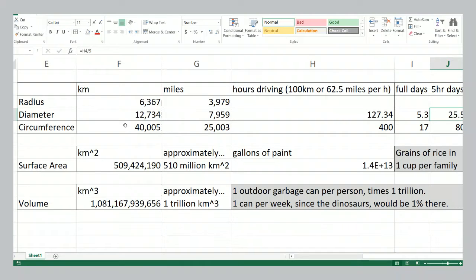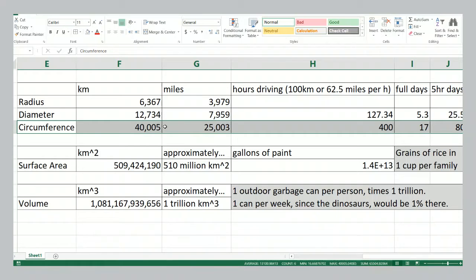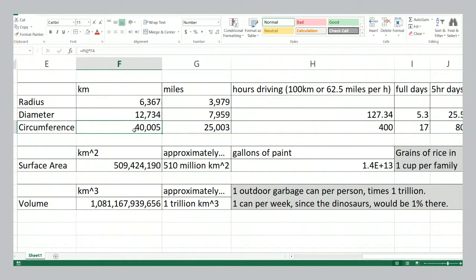Now let's talk about circumference, the path around the Earth. When we say going around the Earth, what exactly do you mean? Because if you're at the North Pole, you can just take a short stroll, just a few meters long, around the North Pole and say, oh, I'm walking around the Earth. So what we mean here is the widest distance around the Earth, around the equator, for example.